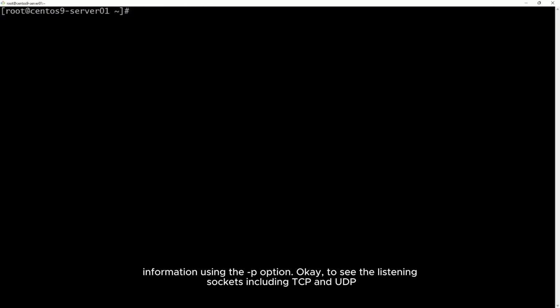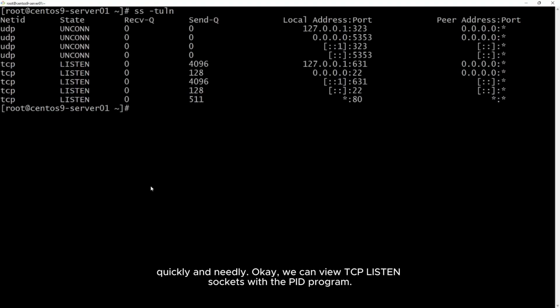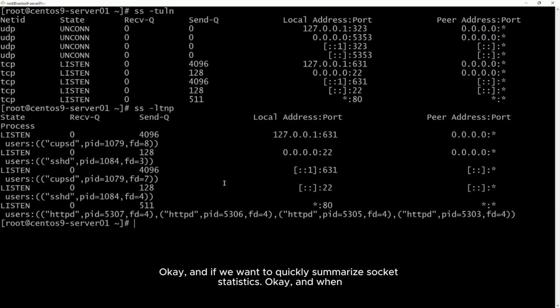To see listening sockets, including TCP and UDP, quickly and neatly. We can view TCP listening sockets with the PID and program name.